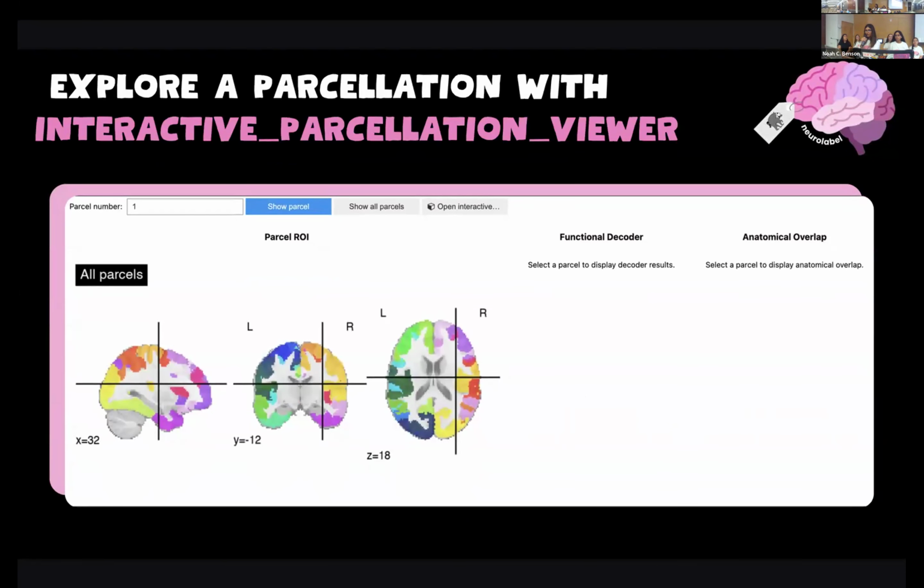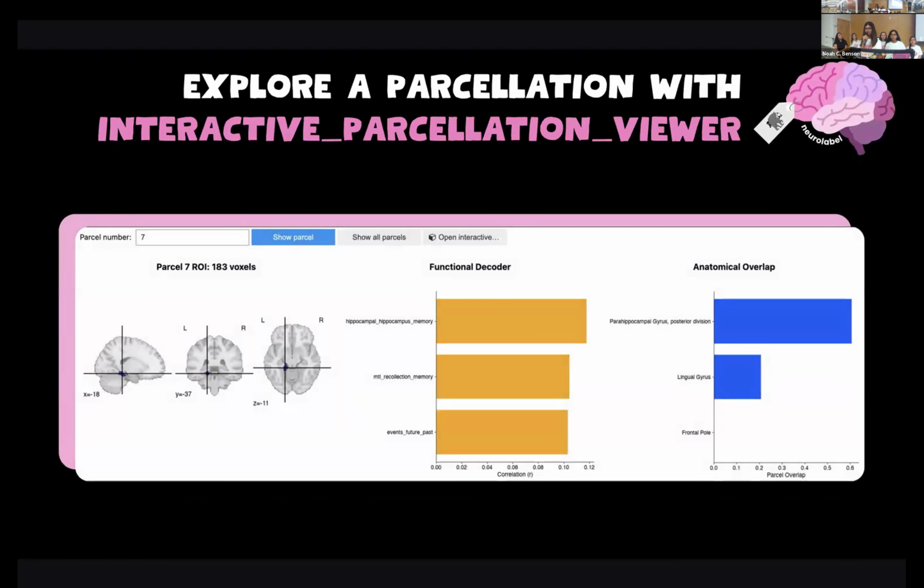Next up, we were able to go one step further and build an interactive parcellation viewer, which allows you to interact and explore all the components of a parcellation. Over here, you can see that we are visualizing all the parcels within a parcellation. I believe this is Schaefer. And on the right, you'll see functional and anatomical information when you input a parcel number. For example, over here, I entered parcel 7, and I'm able to see the number of voxels that are a part of this parcel, and its functional